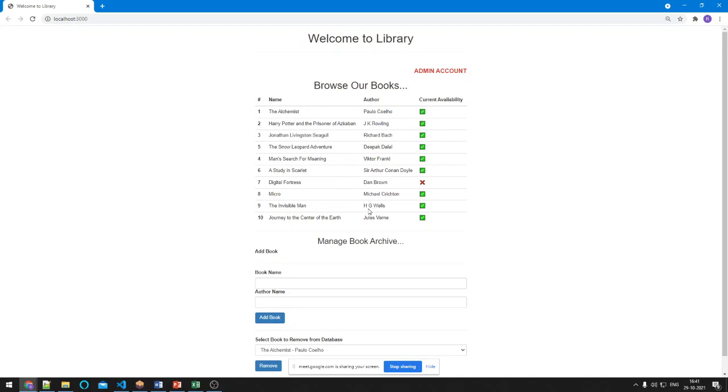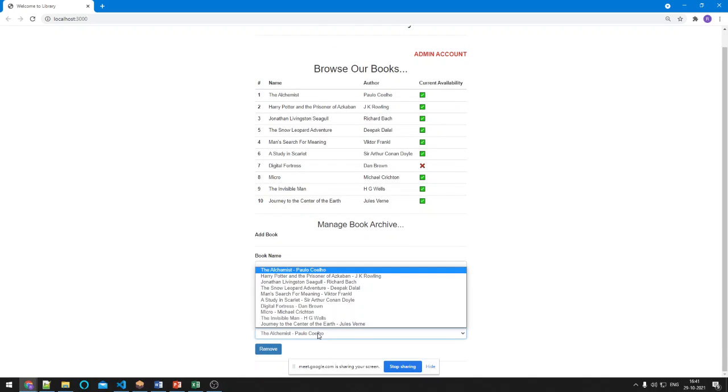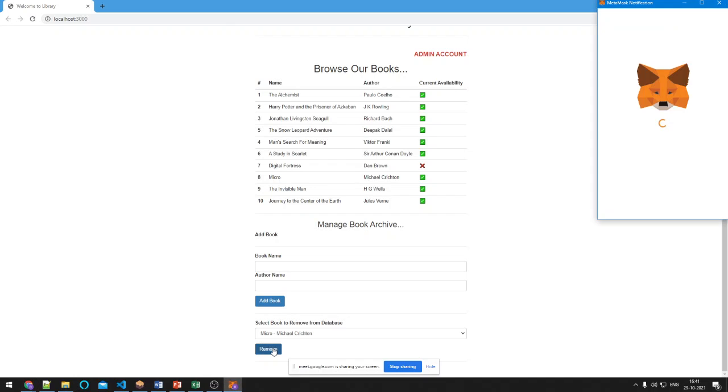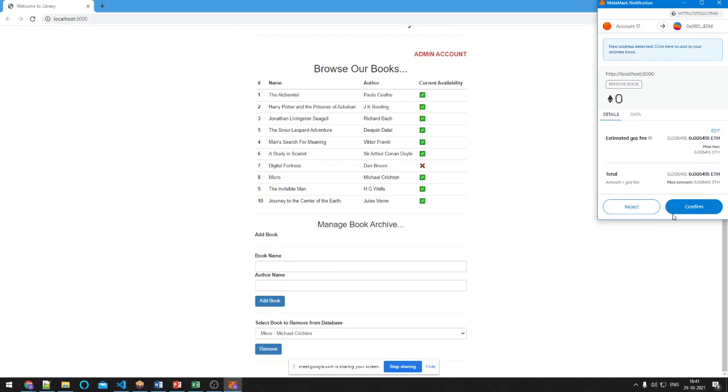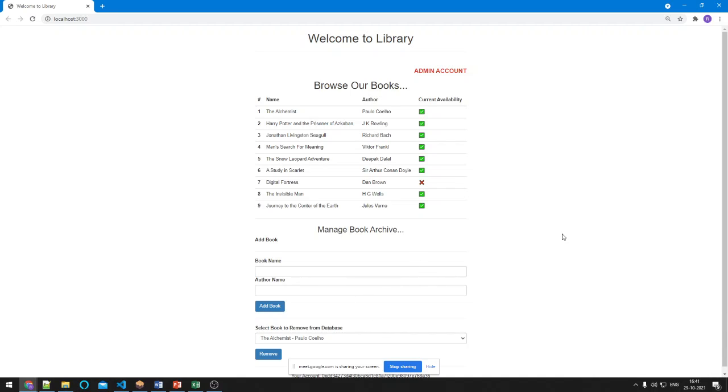As Alok said, Micro has been damaged, so as a librarian, as an admin, we need to remove that book from the list of the books. I select that specific book here and click on remove. Even the admin account will burn the gas for it. He or she confirms, and that book is no longer available in the list of the books, and it will not be available for checking out for the other users.